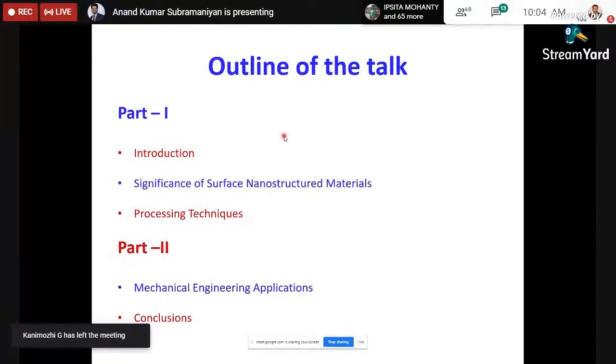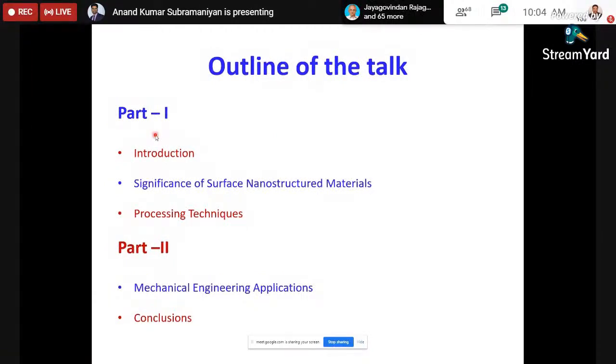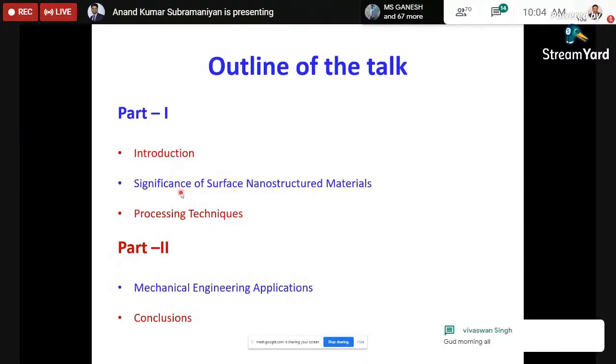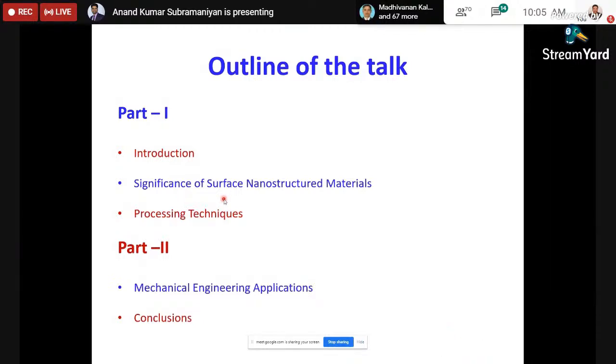I would be starting with part one, where I will try to give the introduction for these nanostructured materials, and then what is the significance, especially from the surface nanostructured material point of view, and what are the processing steps required